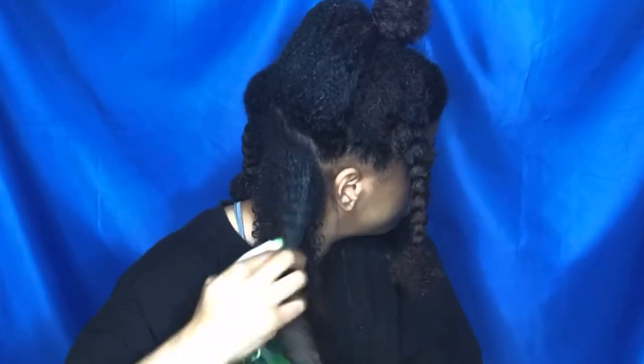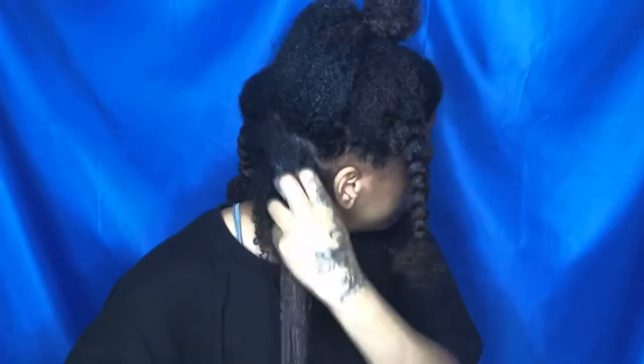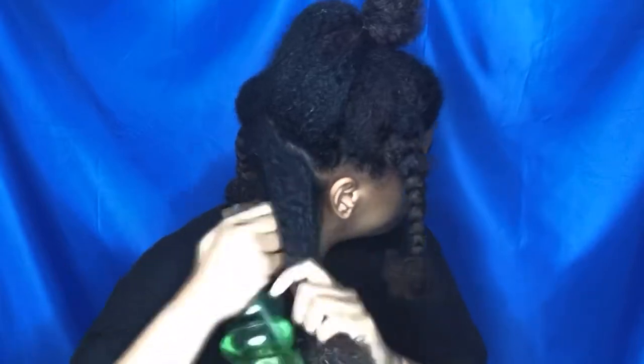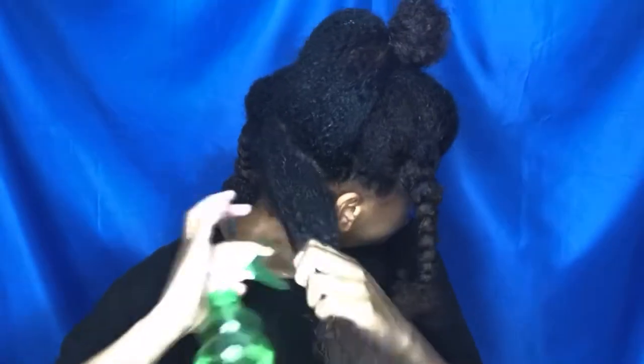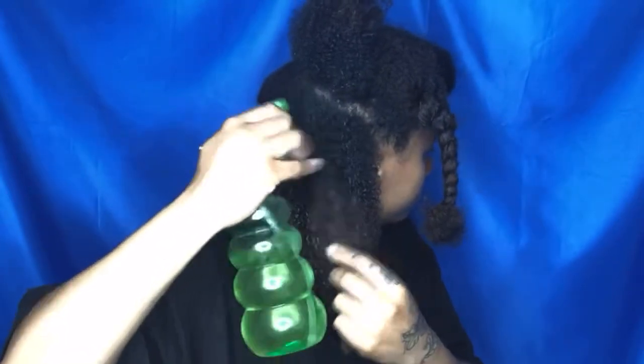And for those that do not like to really use shampoo too much, this is a great alternative to shampoo, because when you use the ACV rinse, you can actually just use this and then go on to condition your hair. So this mixture in the bottle is just water and apple cider vinegar, because when you make this mixture, you must